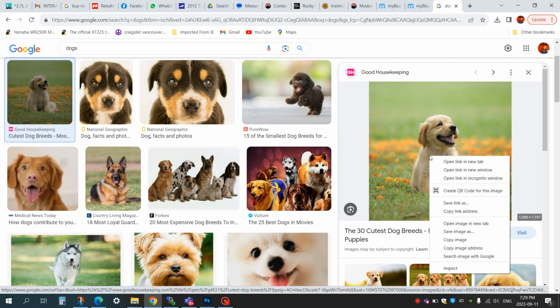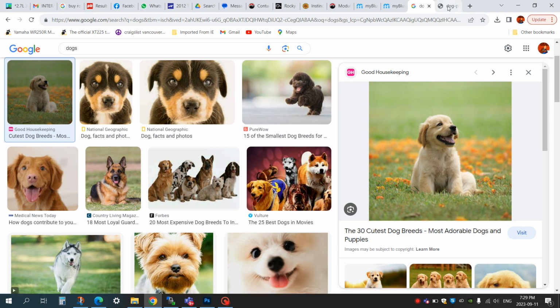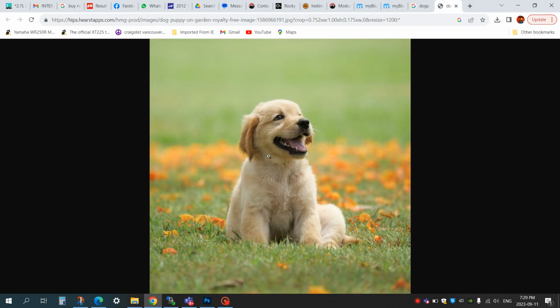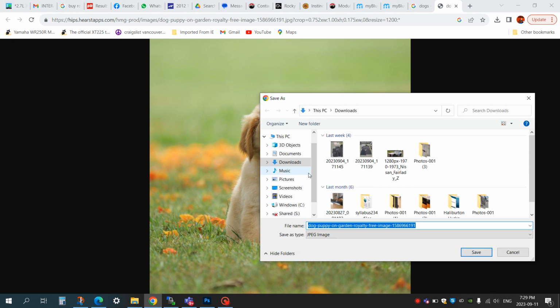I like to right click. I like to open the image in a new tab, and you'll see a new tab will open. Select that tab and then right click again and click Save Image As. Now you're going to get a window where you can rename this. I'm going to call this Dog